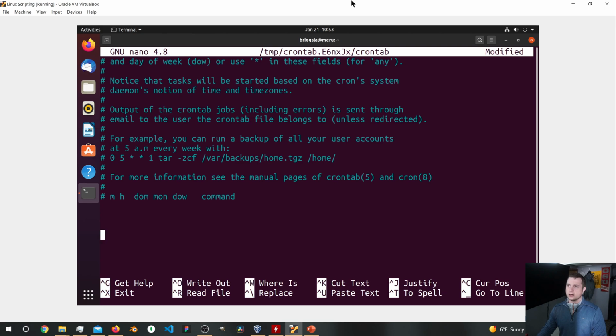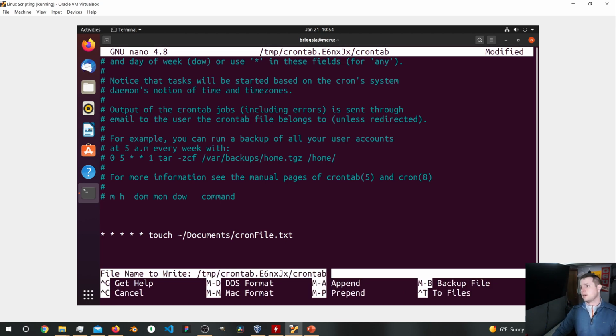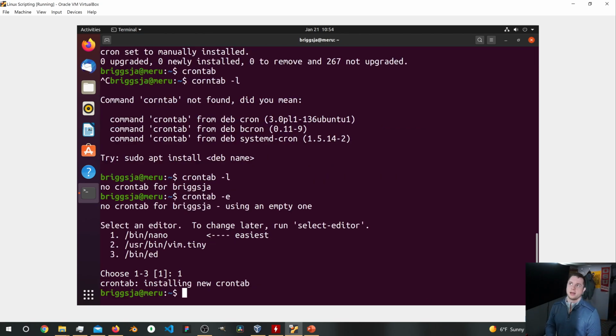All right. So now we can put into this crontab 1, 2, 3, 4, 5. Okay, and then we want touch documents cron file .txt. We're going to Control X to get out of here. It's going to ask me if I want to save this buffer. I do, so I hit Y, and then I'm going to save it as the default file. And then if we give ourselves a couple minutes here,